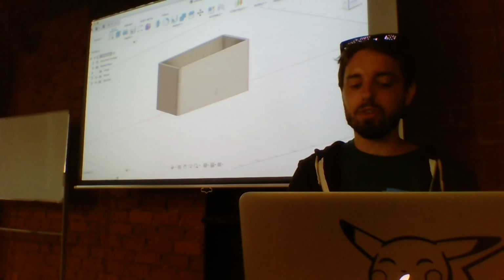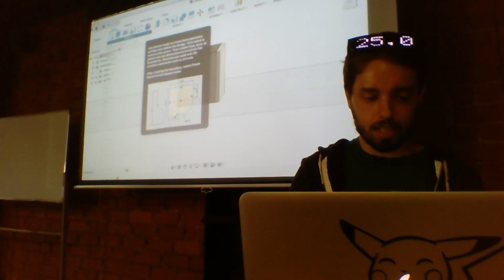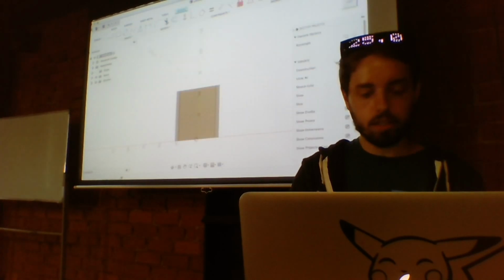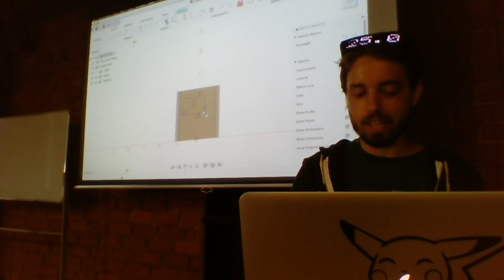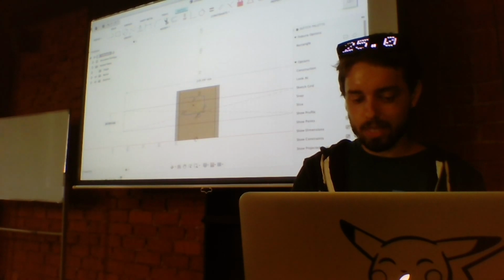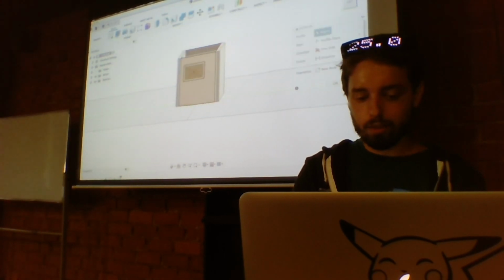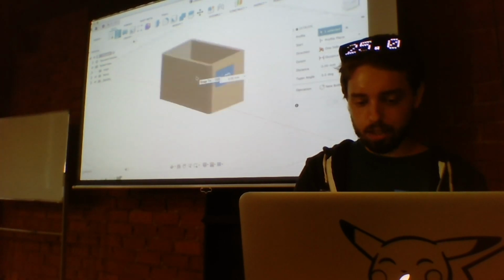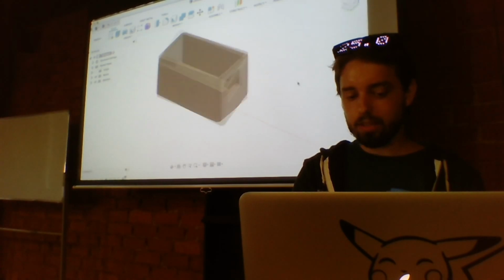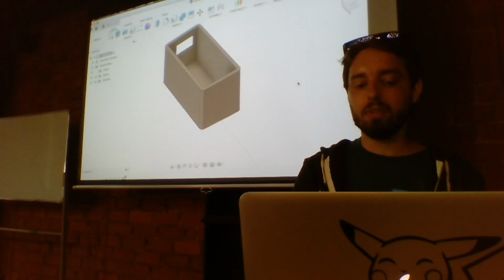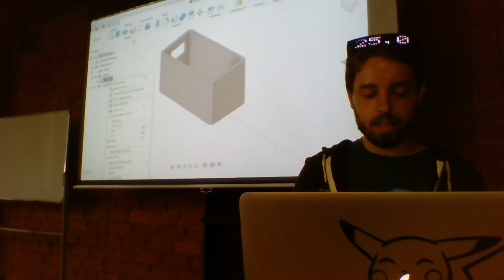So you create a sketch. Let's create a sketch here. We will create a rectangle again. We center the rectangle. We will want a rectangle here. Let's say it's like that. It's not very centered, but that's not a big deal. You do that, and you will extrude it again, but you will extrude it from the other side. So here you will extrude it like that, and it will cut the hole. So you can see how easy it is to create 3D boxes. And then you can just take your body, right-click and save it as STL.